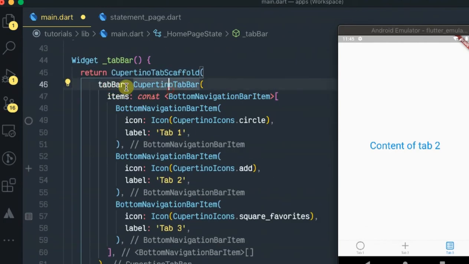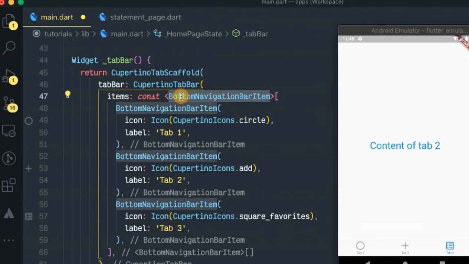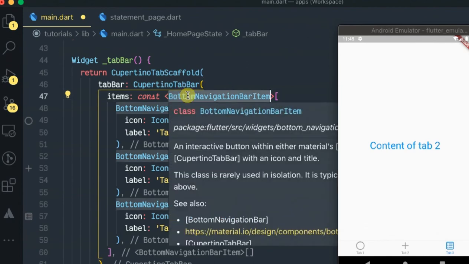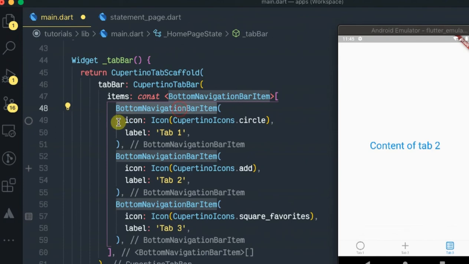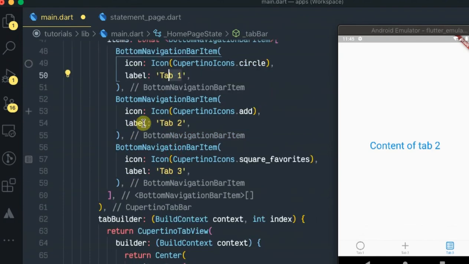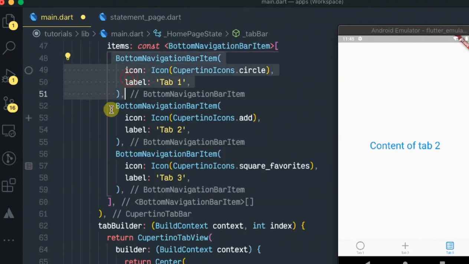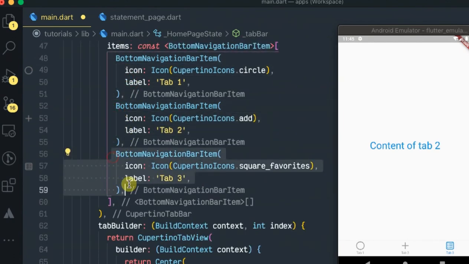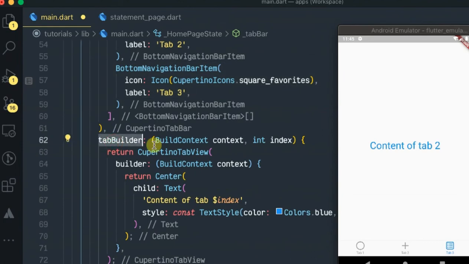and with the first child as the tab bar, CupertinoTabBar. Then inside that we pass the items, which are the bottom navigation bar items. So each bottom navigation bar item takes in an icon and a label, as you see here. So I have created 3 of them: tab 1, tab 2, and tab 3. So the tab builder also gets the context we are in, and also keeps on tracking the index, whereby it returns as the